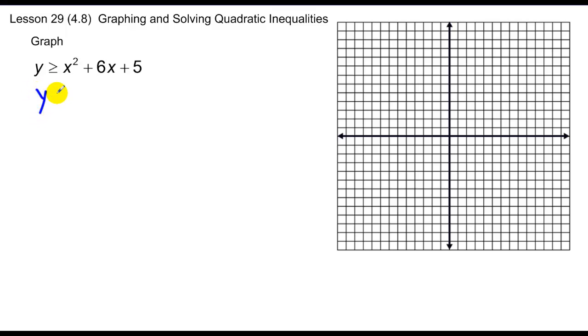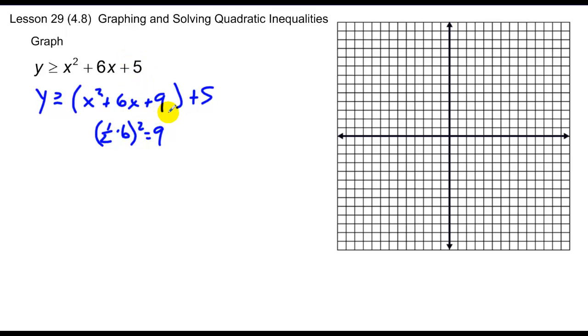So I've got y greater than or equal to, then we're going to isolate the variable terms, bring that 5 outside, take half of 6, square it, end up with 9. Since I'm adding 9 to the interior, I must subtract 9 to keep the equation balanced. We've got y greater than or equal to the quantity of x plus 3